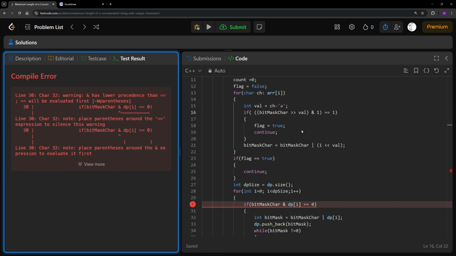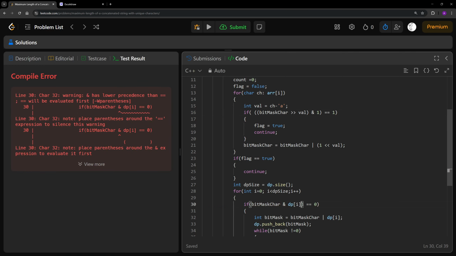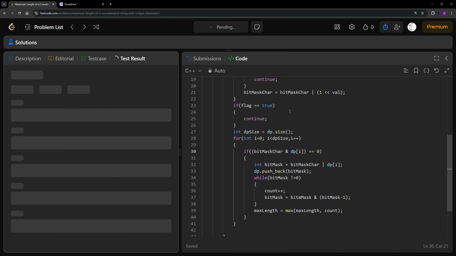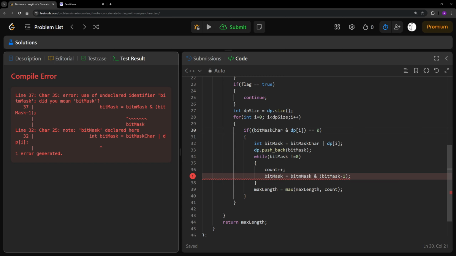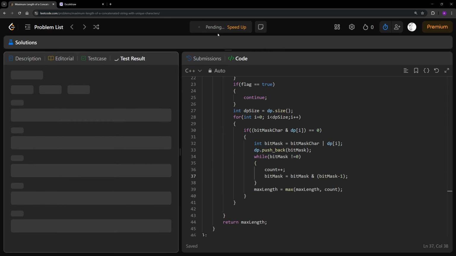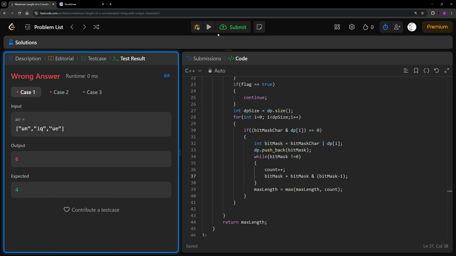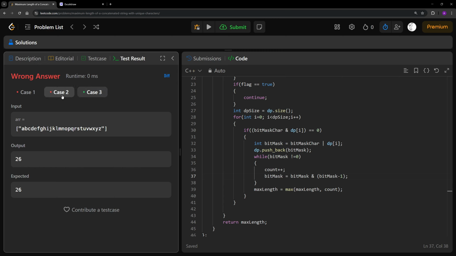Precedence matters, guys, precedence actually matters. I feel like sometimes people should show the errors which they are encountering, because that tells us these are the actual kind of errors which we encounter over here. People who write the code just say, oh my god, it's not working. Okay, it's not working, let me figure out why.